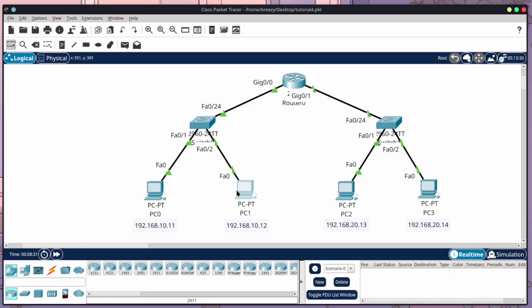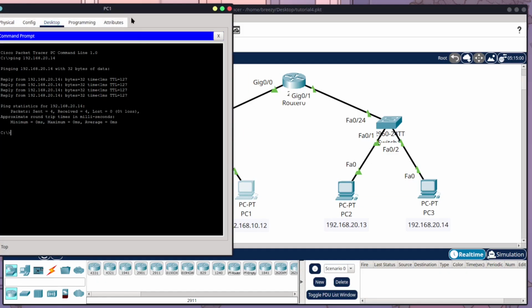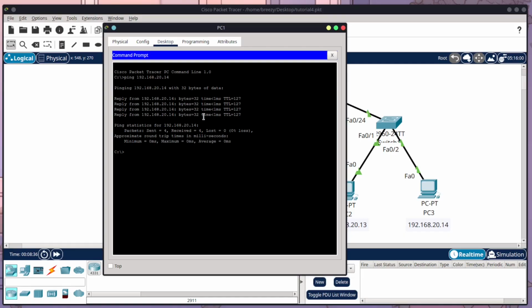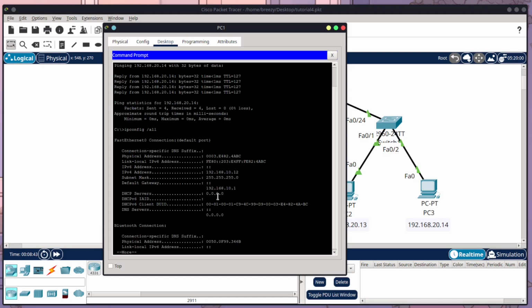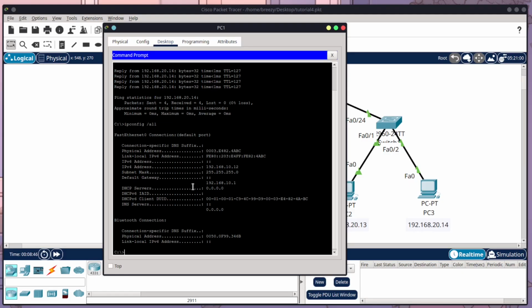So I'm going to open up PC1. I want to go to command prompt, and in here what I want to do is ipconfig /all. Now this gives me all the different information of this device, including the physical address, which is what a MAC address is, the local IPv6 address, the IPv4 address that I've set, the subnet, and the default gateway. So it's got all the different information, but the one we're interested in is